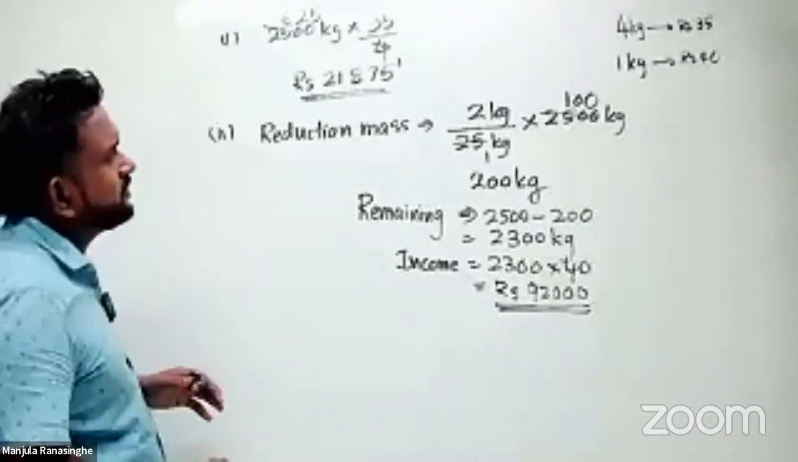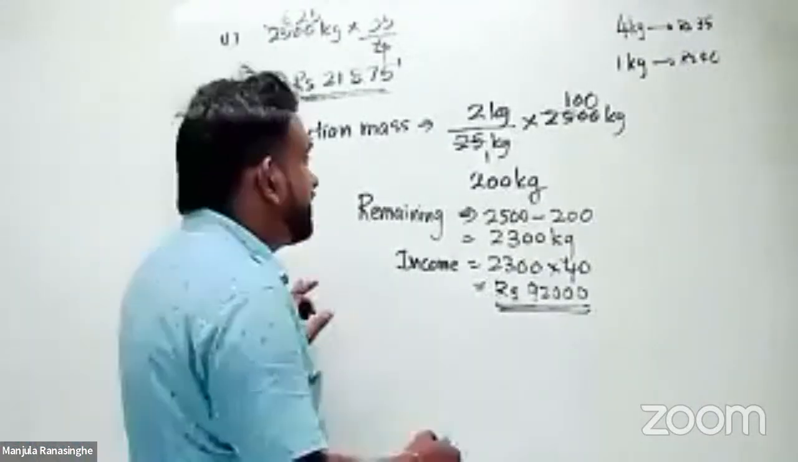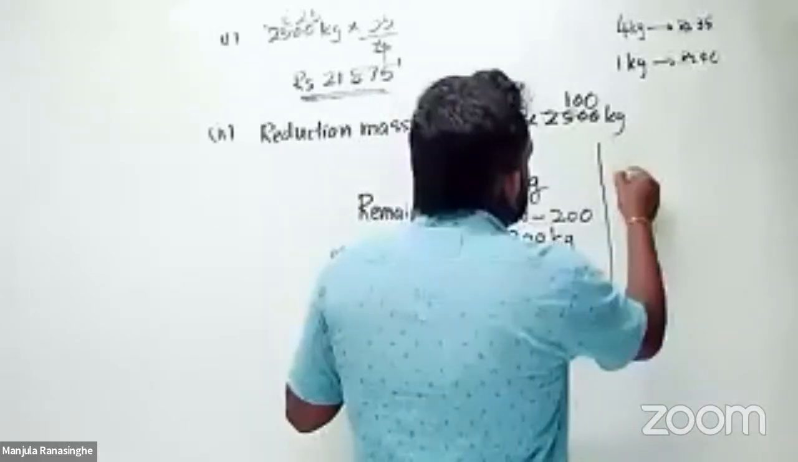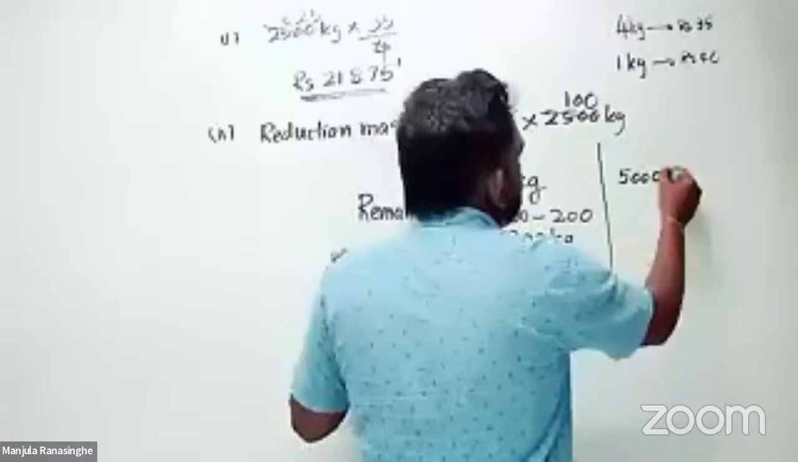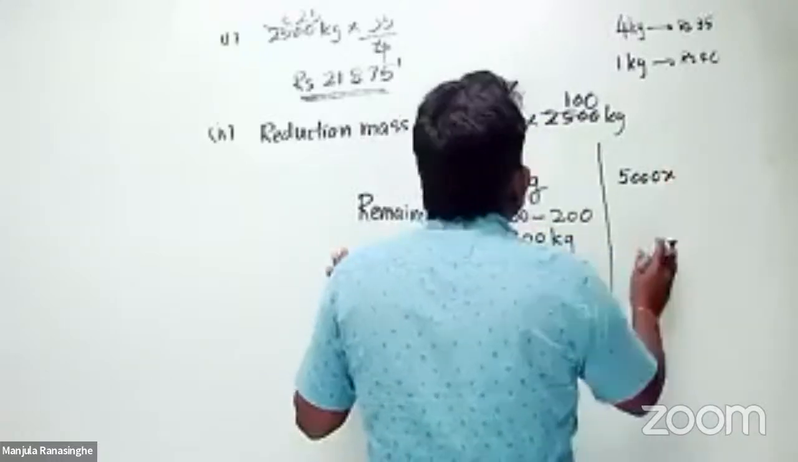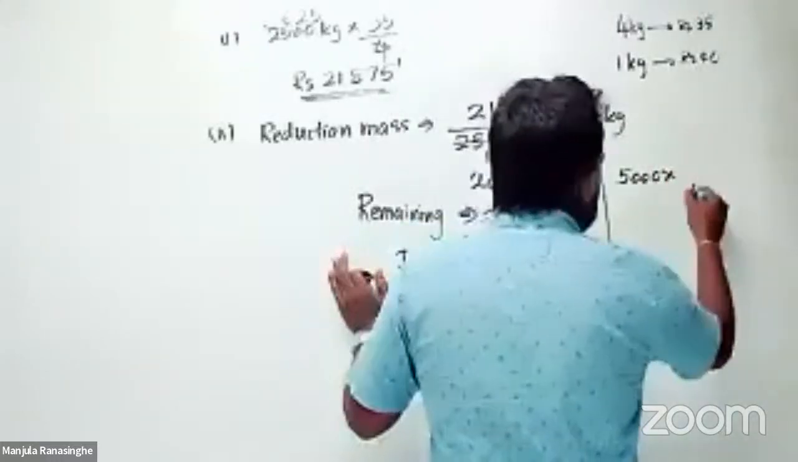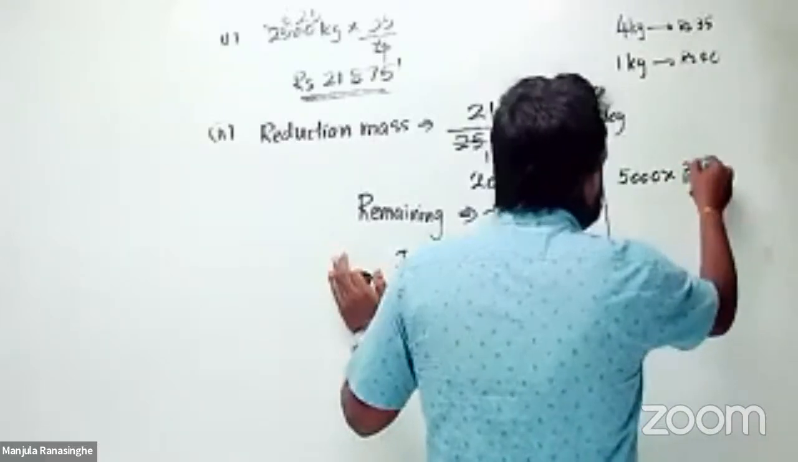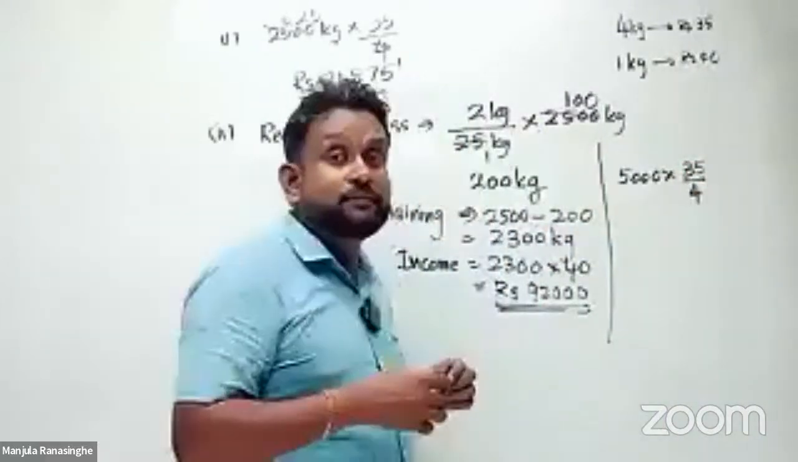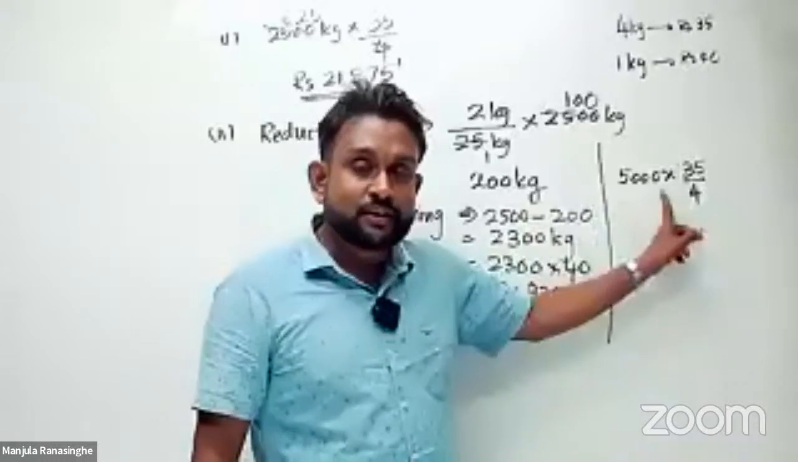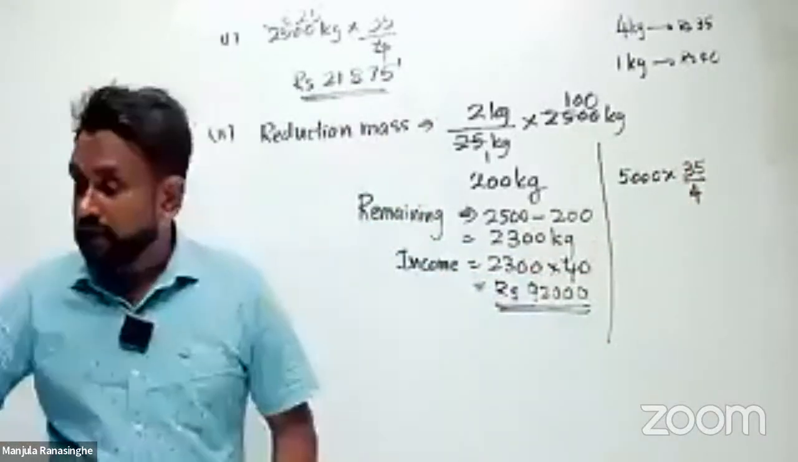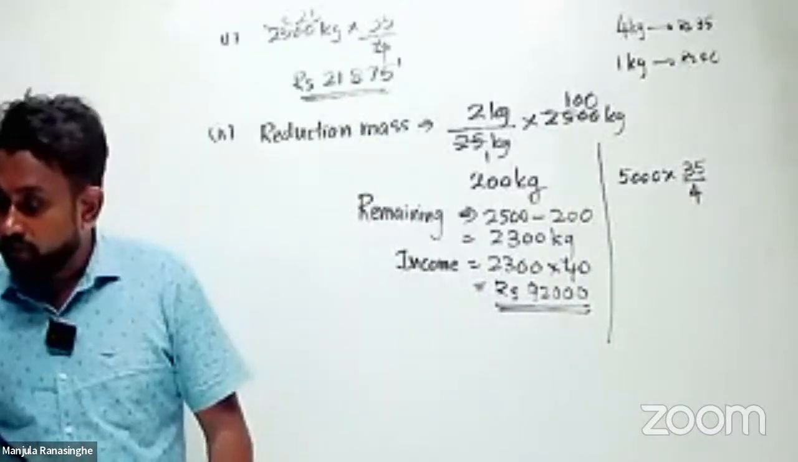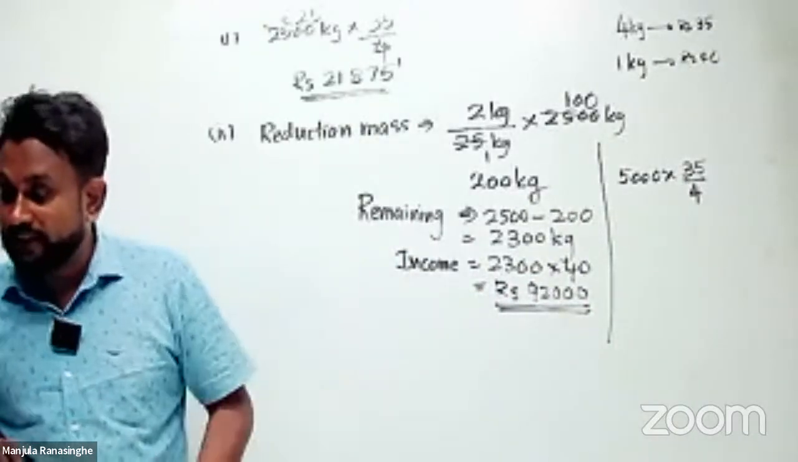If they sell the total quantity at the harvest, what is the gaining amount? 5,000 into how much? 4 kilograms is 35 rupees price. Then 1 kilogram is 35 upon 4. If they sell the harvest at the beginning, then 5,000 into 35 upon 4. Right. Then 5,000 into 35 upon 4 gives you rupees